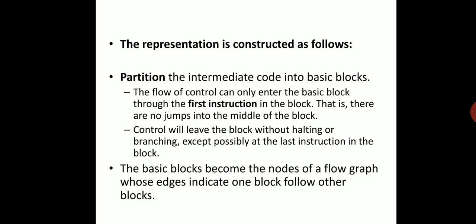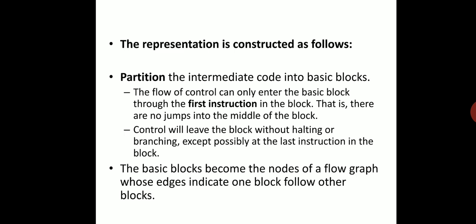For example, we know that the execution of the program takes place statement by statement. Whenever any branch statement like if else, or any loop, for example a for loop or while loop, occurs in the program, at that time the normal execution of the program is broken and control is transferred from one location to a different location. So that is the reason we cannot write a branch statement anywhere except as the last statement in the basic block.